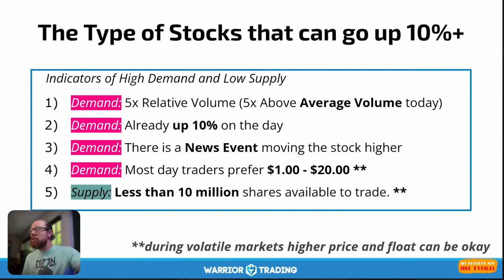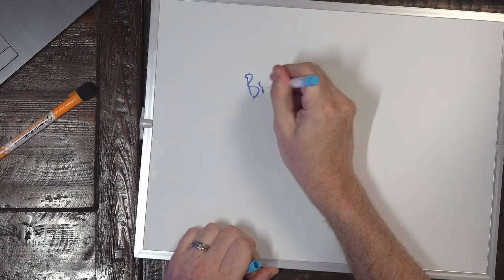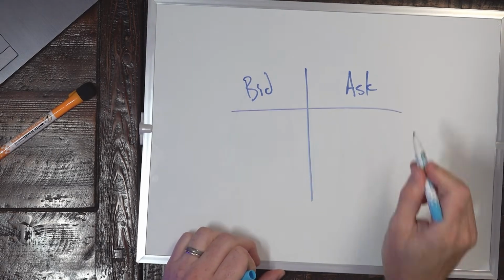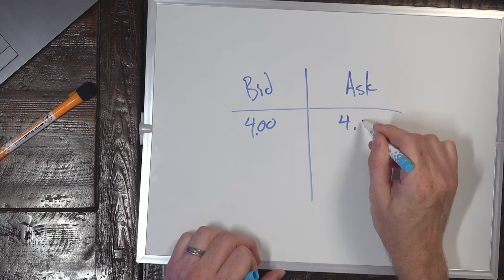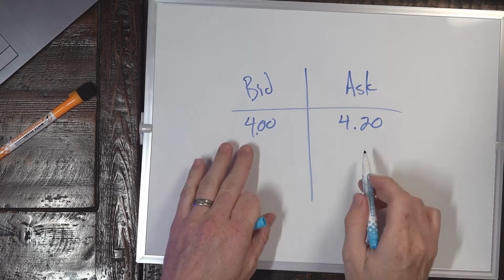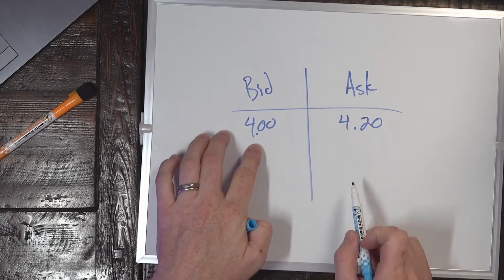So there's something that is interesting that happens when these stocks start going up. So what are the market makers doing? A market maker is someone who makes the market. So they sit on both the bid and the ask. So if I switch to the whiteboard here, you've got a stock that has the bid and you have a stock that has the ask right here. Doesn't matter the stock, every stock has it. So if you have $4 on the bid and you have $4.20, let's just say, on the ask, then what you have is a 20-cent spread. The people who create the spread are the market makers, and they profit from the spread because they sit on the bid and they sit on the ask.